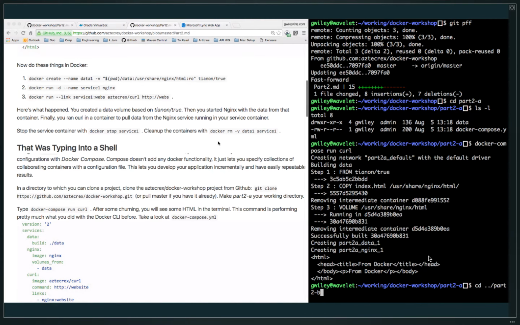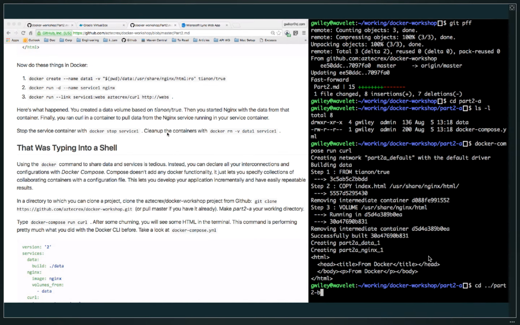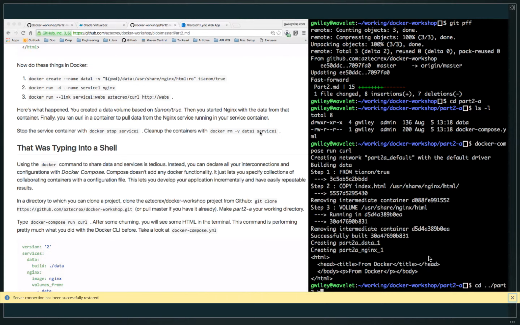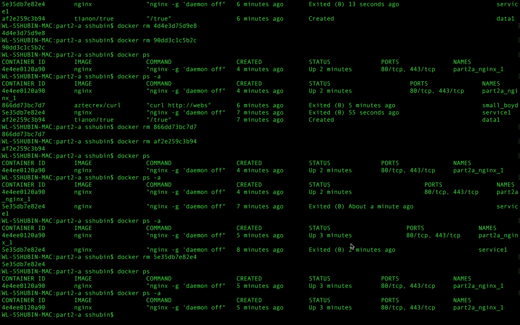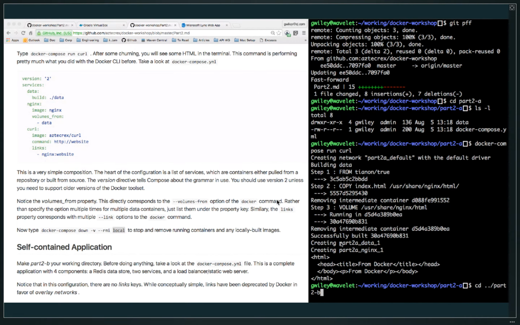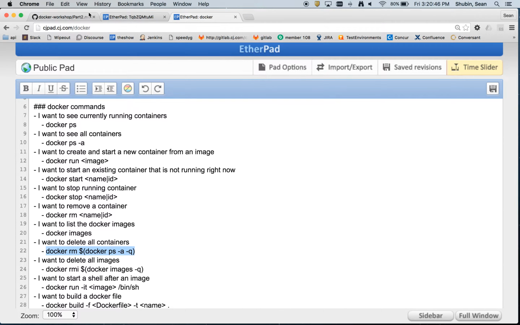Yeah. So you can do docker stop service1 and then clean that one up with docker rm data1 service1. That's for the first one. For the second one, all you have to do is docker compose down and it'll take care of it. It's done. So if we go into the part 2b directory,